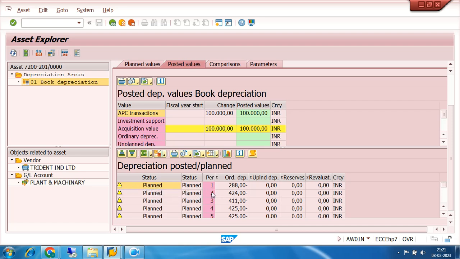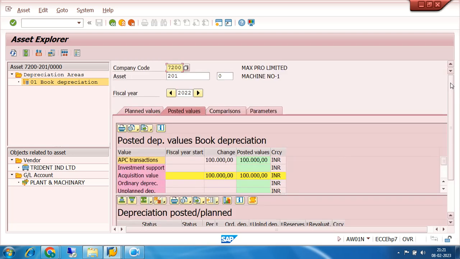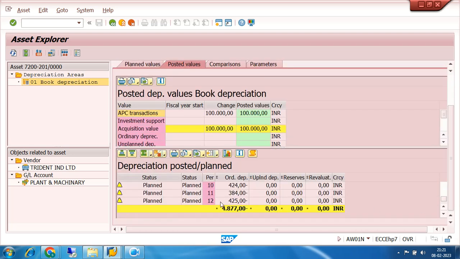And the period is 1, 2, 3, 4, 5, 6. See, actually the yearly depreciation will be divided into different periods. There are 12 numbers of periods. So this is the year 2022. In the year 2022, the planned depreciation for 12 months will be 4877. Okay, so now let us